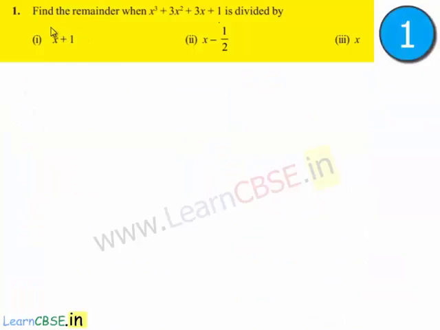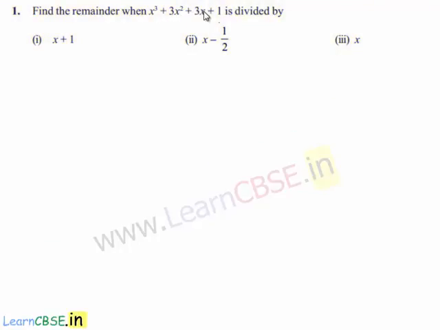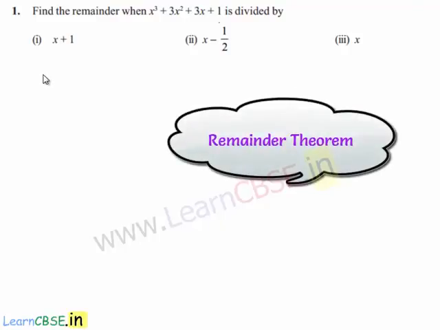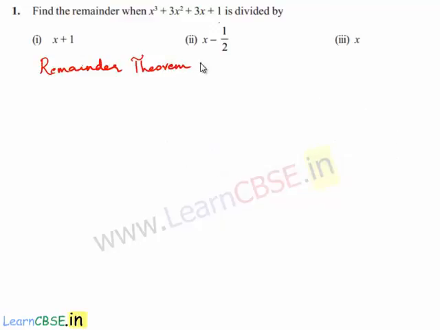Coming to the first problem, find the remainder when x cube plus 3x square plus 3x plus 1 is divided by, first one x plus 1, second one x minus 1 by 2, and the third one x. So in order to find the remainder, we need to know about the remainder theorem, which is,